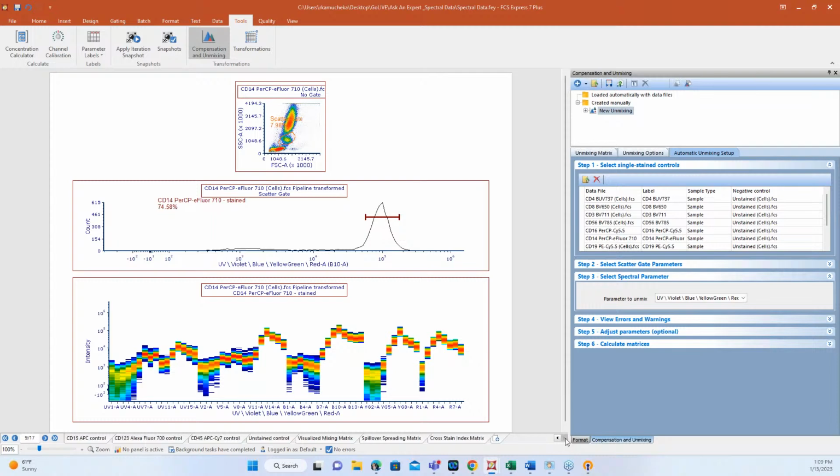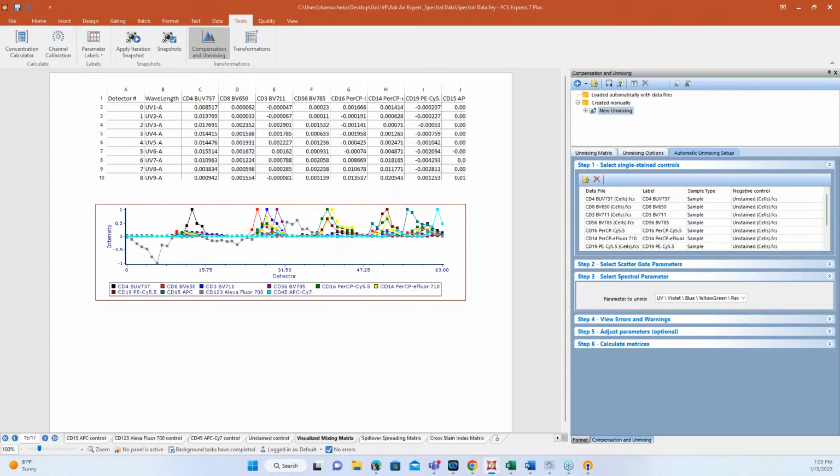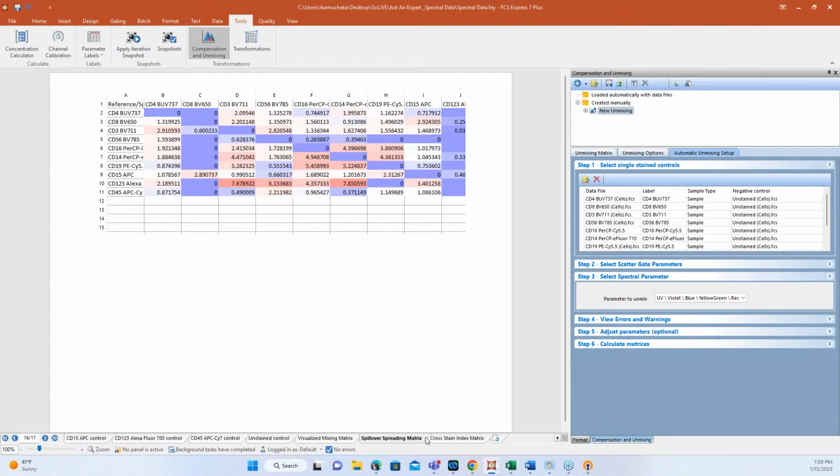One thing also that I really love that we have implemented in the software is when you do those unmixings and start generating this information, you get a visualized mixing matrix so you can see how things are getting separated and parsed out and pulled apart. You can see our spillover spreading matrix, right? So we know the influence from fluorochromes, and then we can see the cross stain. So it gives us a lot of information about our panel, how things are working, influencing one another, where we need caution, where things are working well. It gives you some ideas of how these fluors are behaving once they're in the same space.